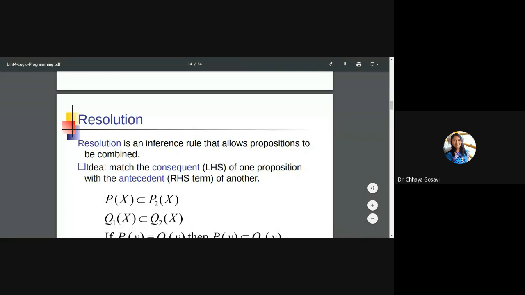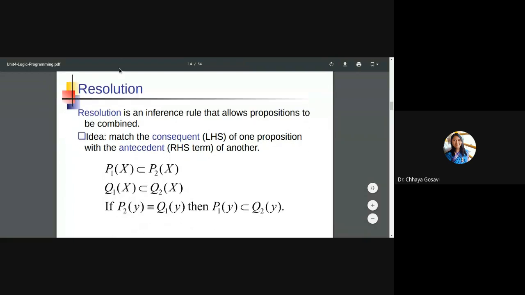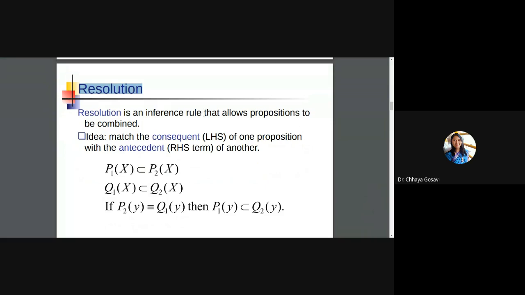Yes, ma'am. Another important term from unit 4 on logic programming is resolution. Don't be afraid of these terms. These are just scientific names for the process that we are following. What is our goal? We have information, and we have data, and we have to find information from the data. Data is nothing but facts and rules. That is your program, and queries are your tool to find the information. And the process followed by the logic programming system is what we have seen: instantiation, unification, and resolution.